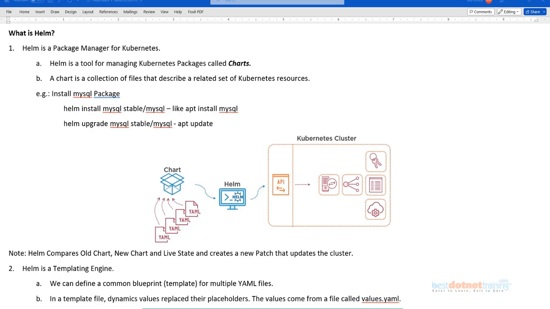Or it can be an ingress, for that matter. So there will be a deployment, there can be ingress, maybe there are volumes, volume claims, and then maybe we are using a config map, or secrets.